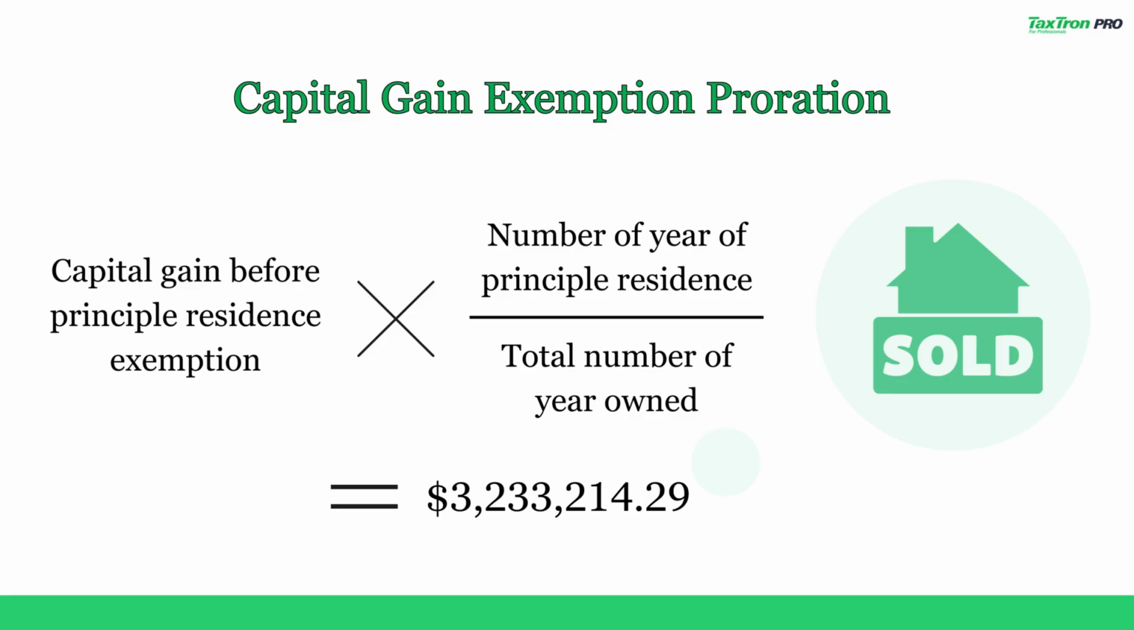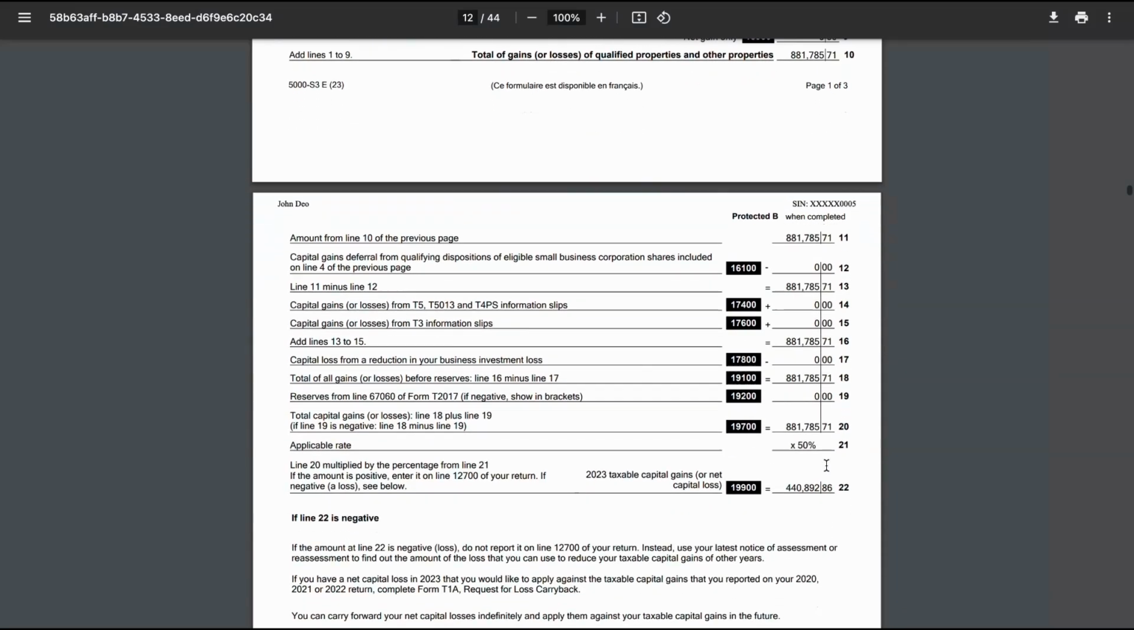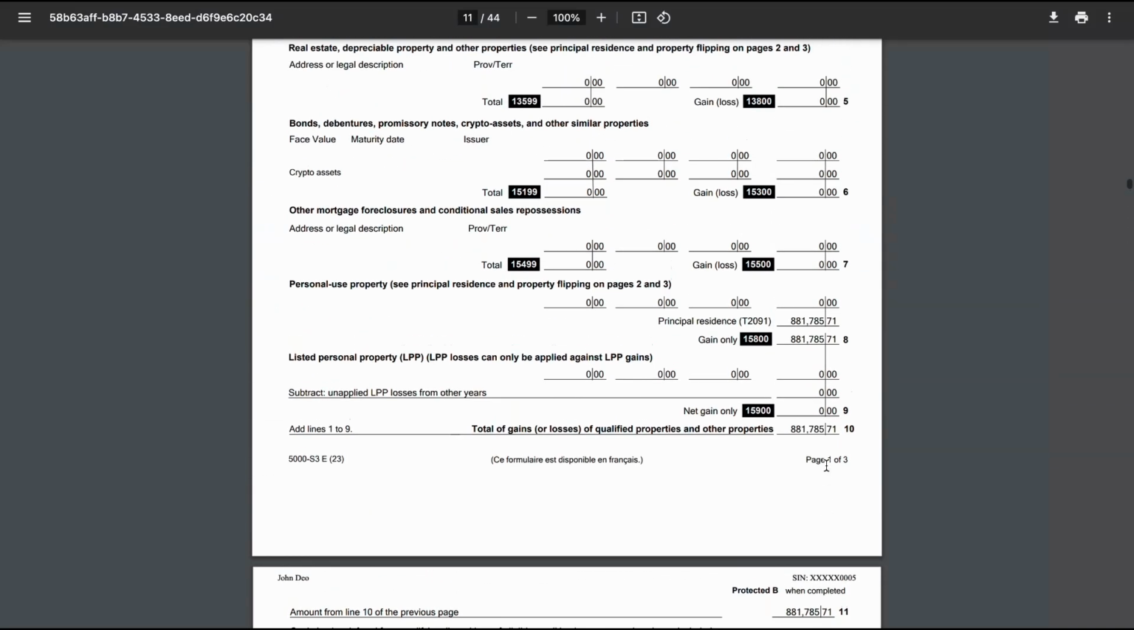Capital gain before principal residence exemption, multiplied by total number of years of principal residence, divided by total number of years owned, is equal to $3,233,214.29. Hence, net capital gain equals $881,785.71. To see the reporting of capital gain exemption, go to Schedule 3, and you will see that the gain of